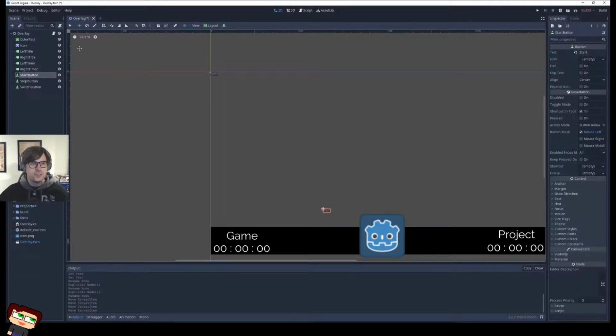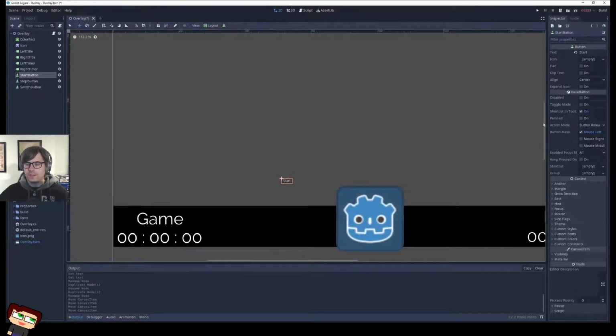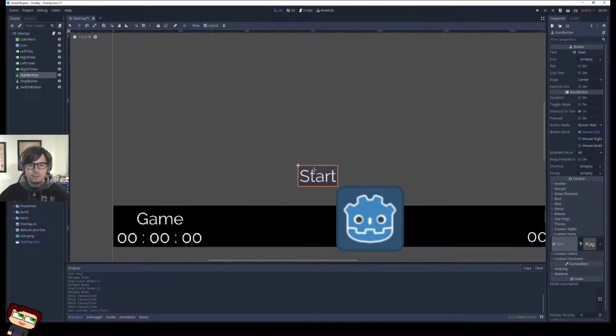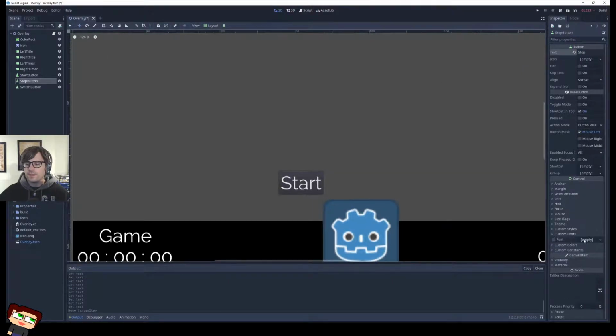Okay, I gotta change these words a little bit. So start button is a start thing. That's so small. I forget that they start out so tiny. Let's do custom fonts again. Load our beautiful custom font. Perfect. So we're gonna put these just up here. Start. Stop. With that custom font.